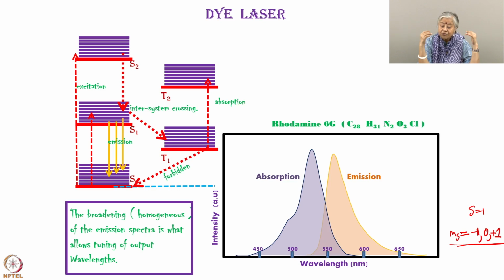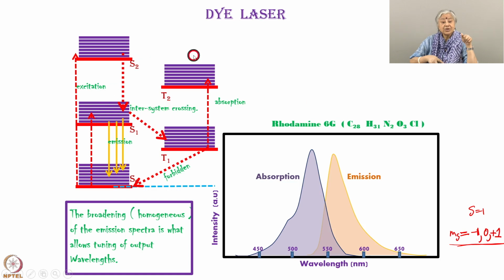So, there will be lots of methods of vibration. Between C and H, the bonds can vibrate in some way. Between H and N, the bonds can vibrate in some other way. And those vibrational levels give rise to these purple states here. And they are all closely spaced, so they do not take up much energy. Just give them a little bit of energy and those bonds will start vibrating. So, that is why the gaps in this energy are very low.